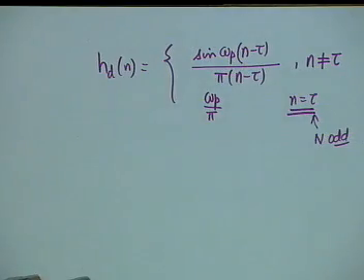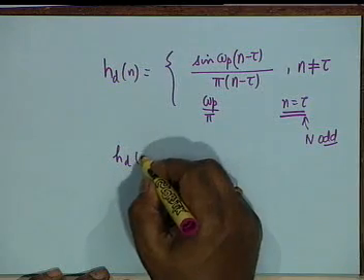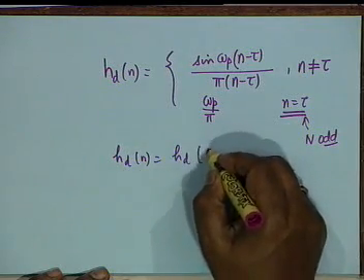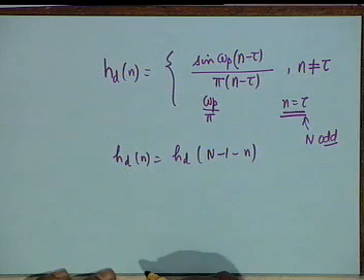Now if I want Hdn to be, well, we started with linear phase, isn't it? We started with linear phase and said tau must be equal to n minus 1 by 2. You can prove it that if we start with e to the minus j omega tau, you can prove that tau must be equal to n minus 1 by 2. It is very simple. What you want is that Hdn should be equal to Hd n minus 1 minus n. Agreed? This is our requirement.